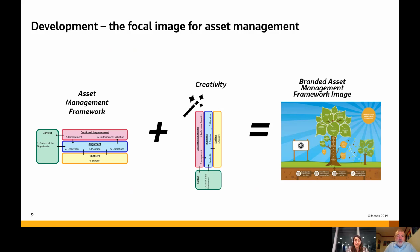Yeah, sure. So we started off on the left with a very high level 4-box framework diagram that includes context, alignment, enablers, and continual improvement, and shows the linkages between the 7 requirements. So a bright spark in our team thought, what would it look like if it stood on its head, and what image would that suggest in that person's mind? And once the image was stood on its end, it made him think about a